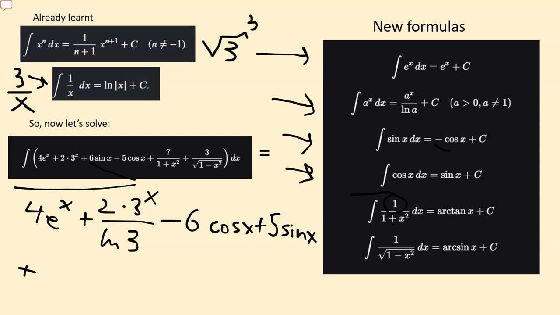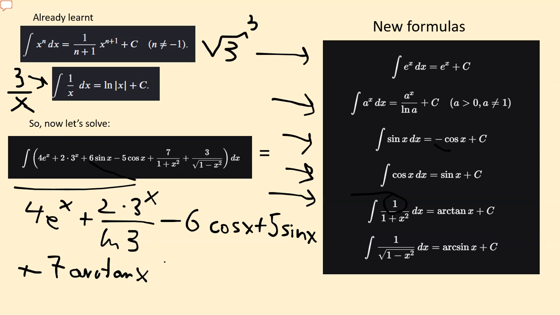Then we have plus 7 arctangent x according to this formula. Because in the denominator we have 1 plus x squared. So when you have 1 plus x squared, it means you change it to arctan. It's not only 1 over 1 plus x squared, it can be any number over 1 plus x squared, just like here was 3 over x, 5 over x. Then it gives arctangent